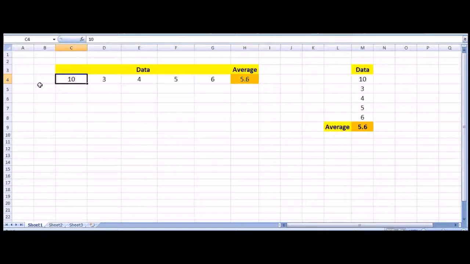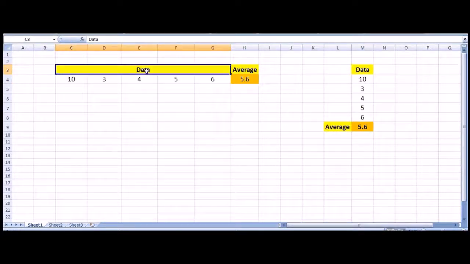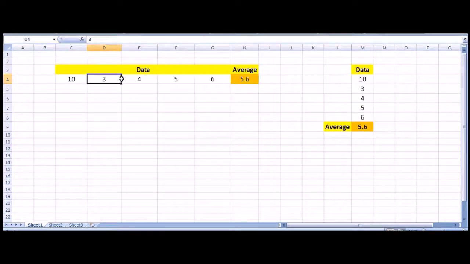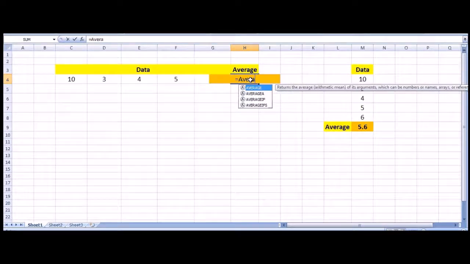These are the rows, so rows 3 and 4. There's some example data that I've input into these cells here, and that's the average calculation which I've done already. Now in order to calculate the average of these numbers here, 10, 3, 4, 5, 6, all you need to do is in the selected cell where you want to display the average calculation, press the equal sign, type in average,